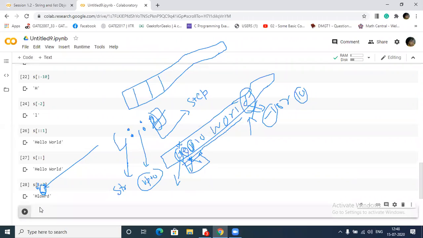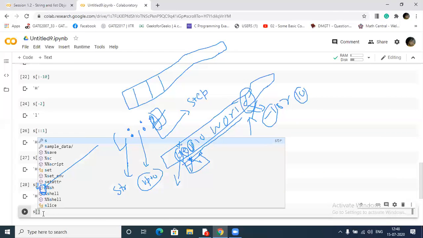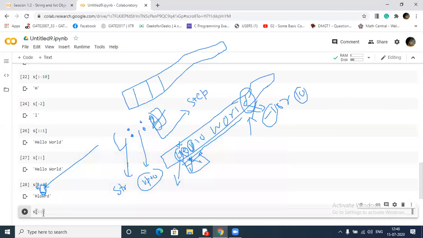If I print here, then without running, tell me what it will print. If I print this one, then what will it print?